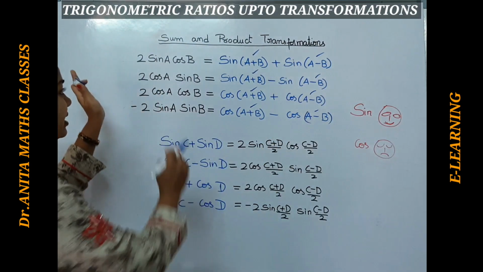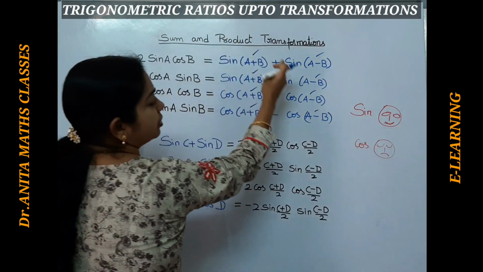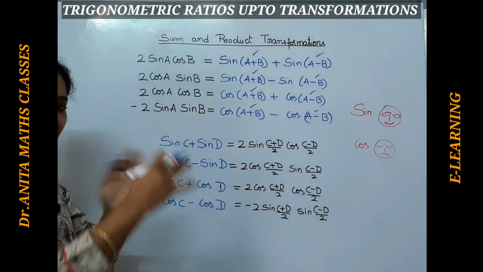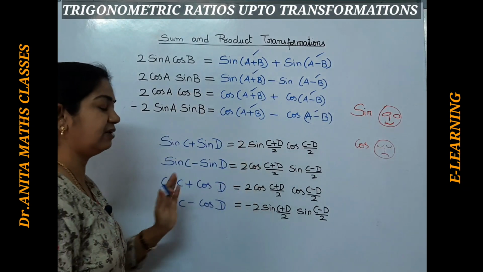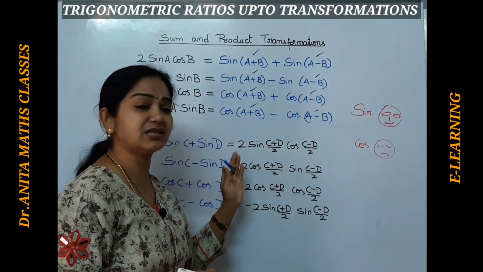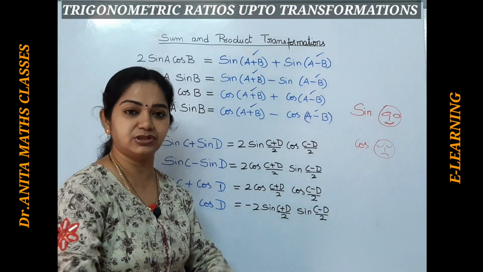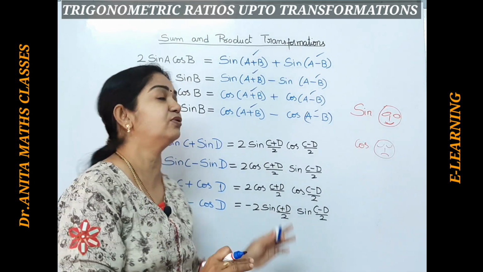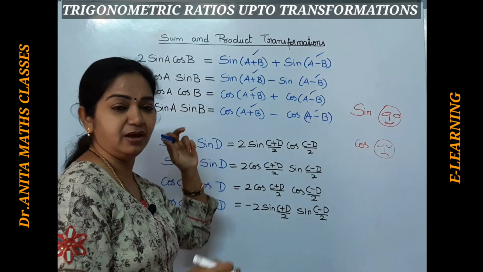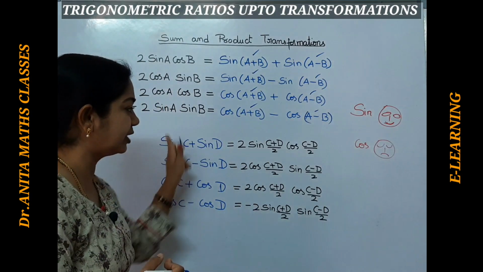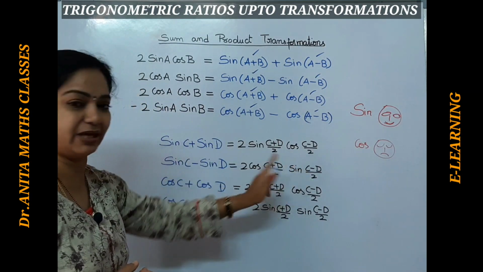Now coming to these, these are the product to sum. Here there is a sum, here there is product to sum. So vice versa, if you are taking sum to product, we will be using such formulae in our solutions, in other problems we will be using. Where the product is involved, we have to go for the product to sum formula. Where the sums are involved, we have to apply this sum formula to get it into the product. This is a transformation, right?